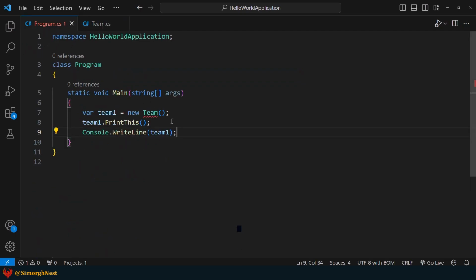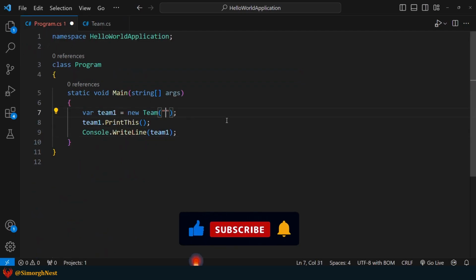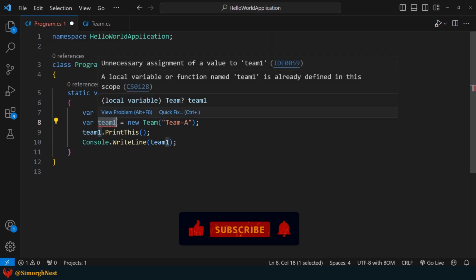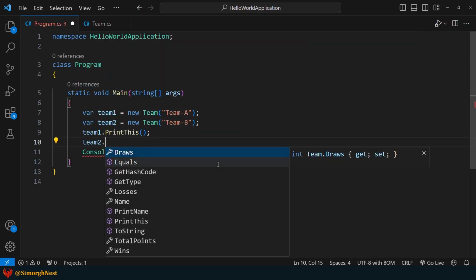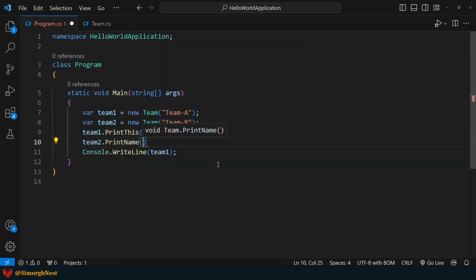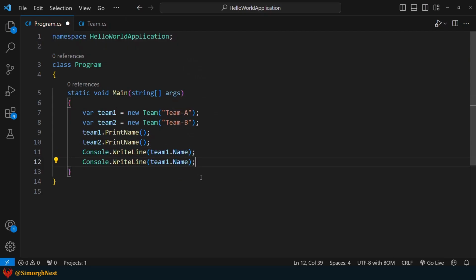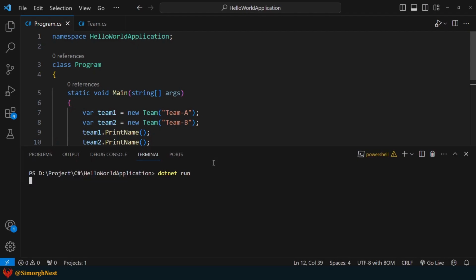Alright, to get rid of this error, let's put a name here. Now, let's create another object and give it a name too. Then, for each instance, we call the print name method. And also, let's print the team's name using the instance object. Let's run the application once more.